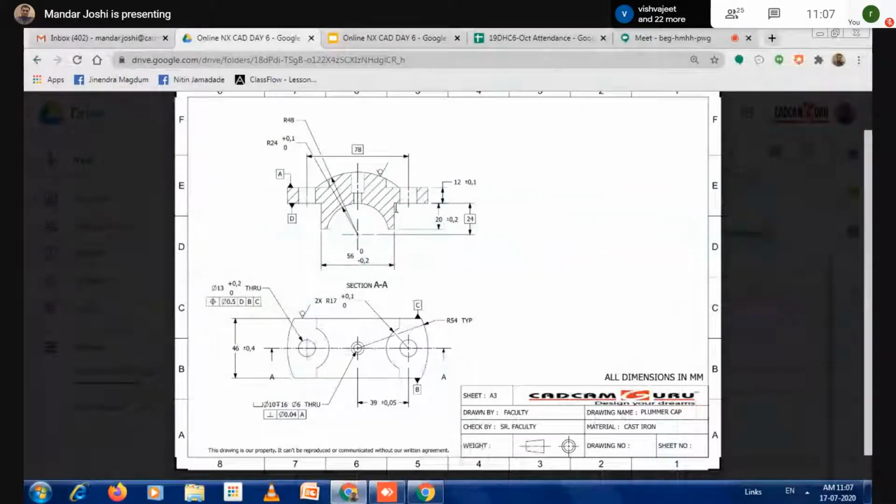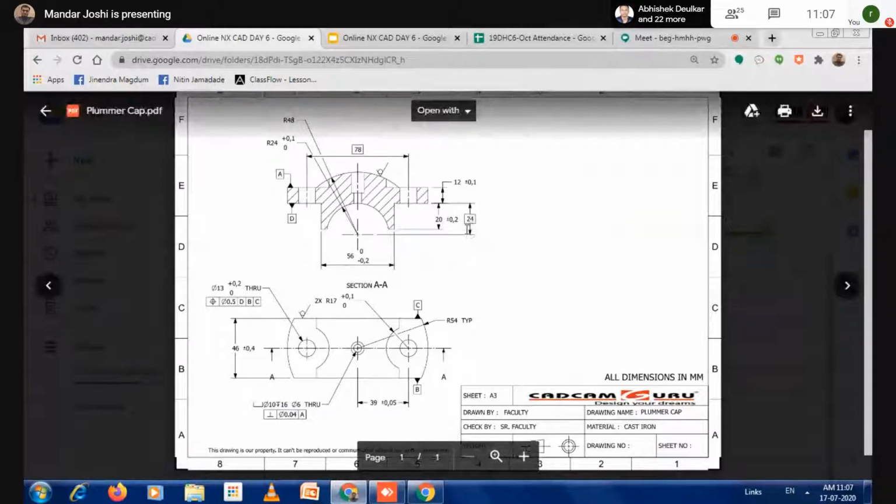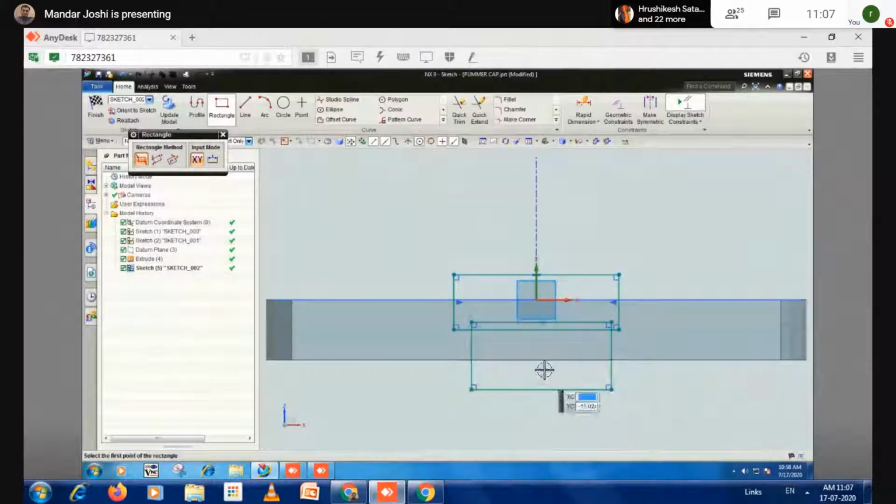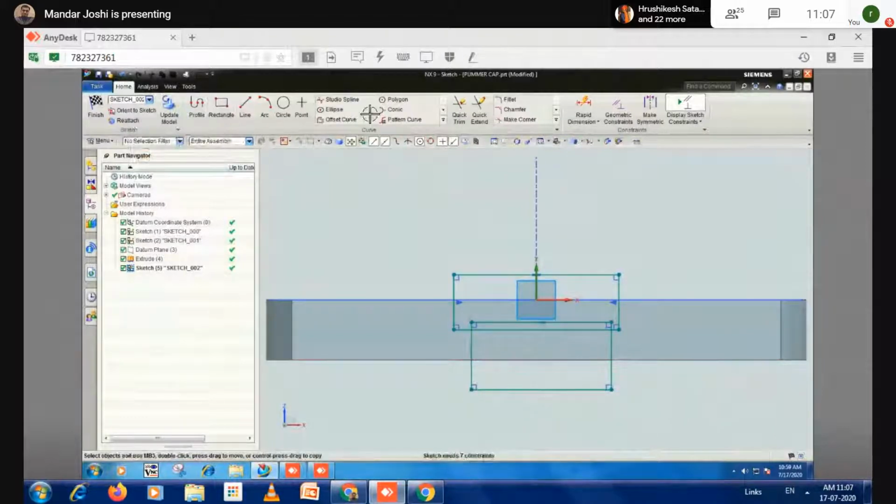Okay. So 56 by 24 size. That rectangle I will create using the rectangle option. And here is an arc also.